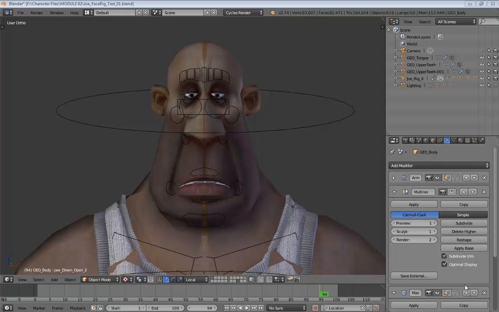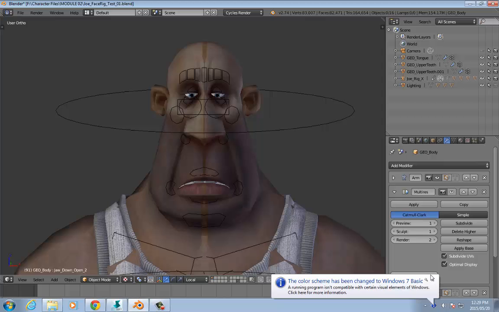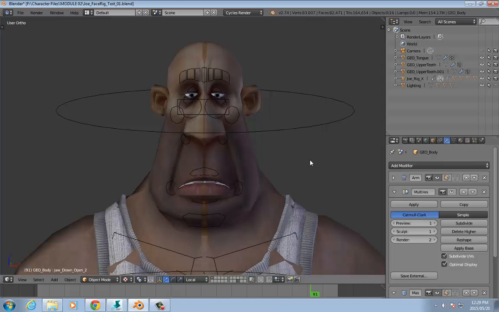Okay, so what we're going to do is take it little bit by little bit and see how we can add in shapes for the rest of the mouth and make sure that everything looks nice. Okay, so first of all, what I'm going to do is make sure that, if I haven't yet,